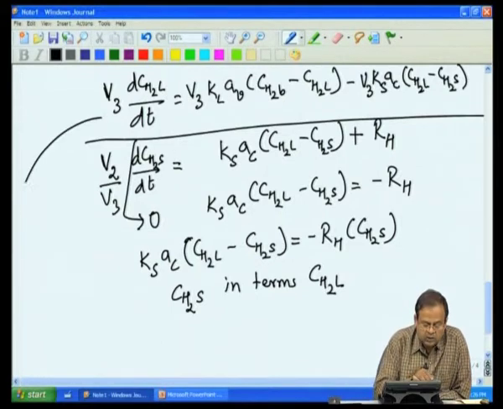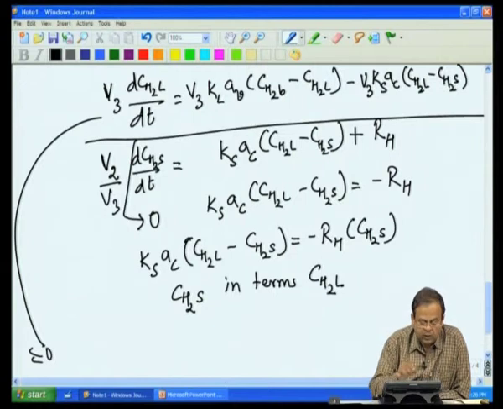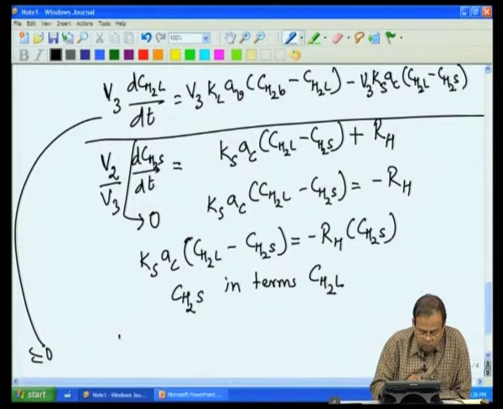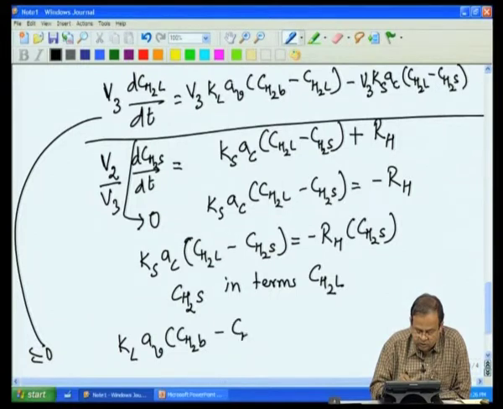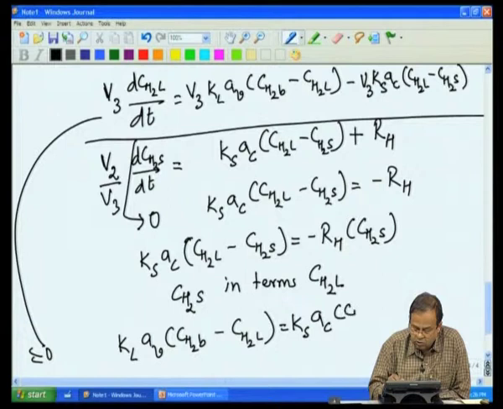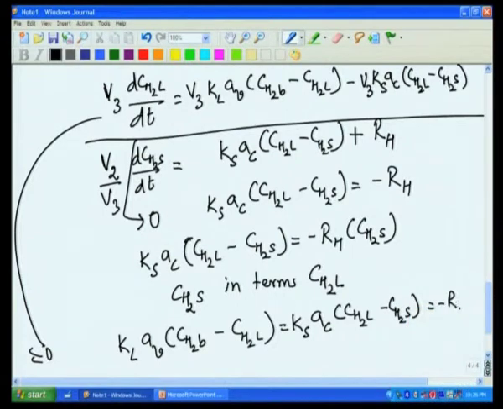So, if we set this term equal to 0, then from this mass balance equation on bulk hydrogen we will get Kl Av into CH2 bulk minus CH2L equal to Ks Ac into CH2L minus CH2S equal to minus RH from these two balances,